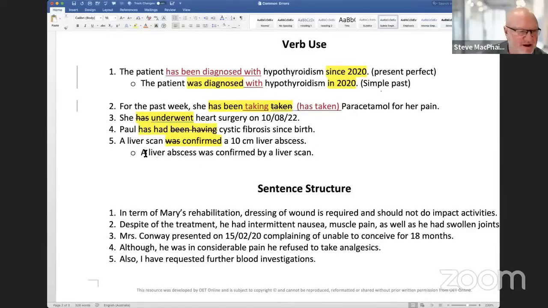And you can put the details here. 10-centimeter liver abscess. So now we're using was confirmed, now it's correct, but your job